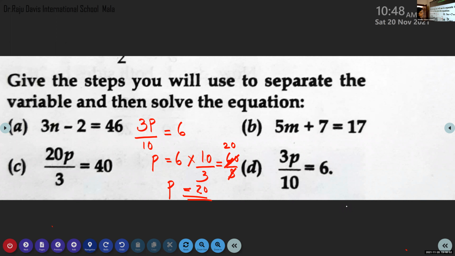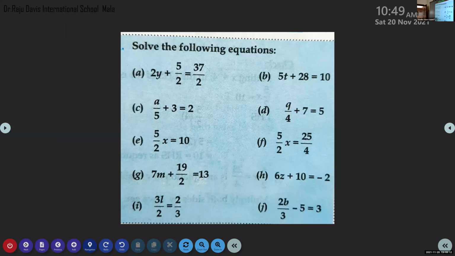Children, you all want to do this once more? Yes, ma'am. So we'll do some more problems. Let me check what is the next set of problems. Or I'll give you another set of problems for you. This one, I think, okay. This one we can do, children. It's same type. We can do these problems.